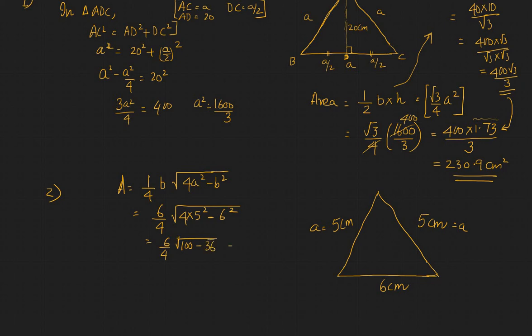That will be 6 by 4 into square root of 64, or it will be 6 into 8 divided by 4, or 12 centimeters square. So you can apply this formula, but let's assume that you don't remember this formula. If you don't remember this formula, you can always come from your first principle, which is what I would